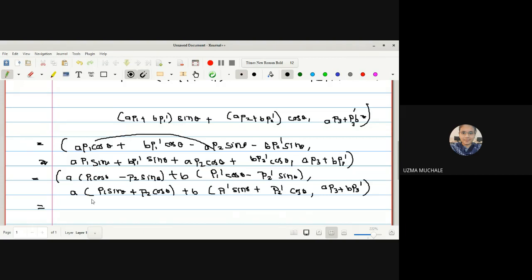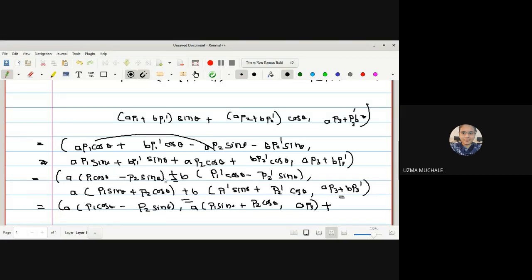Okay. Now what can we do in the next step? What we can do so that we can separate it, क्योंकि आप यहाँ पे देख रहे हो, here we have plus, here is also plus, here is also plus. So I can separate them so that I can write this as, in the first one I will write down the first terms, plus के पहले जो terms है वो मैं यहाँ पे लिखूंगी. Okay, so A as it is, P1 cos theta minus P2 sin theta, प्लस नेक्स्ट टर्म यहाँ पे कॉमा करके हमें क्या लिखना है, A P1 sin theta plus P2 cos theta and the last term A P3.